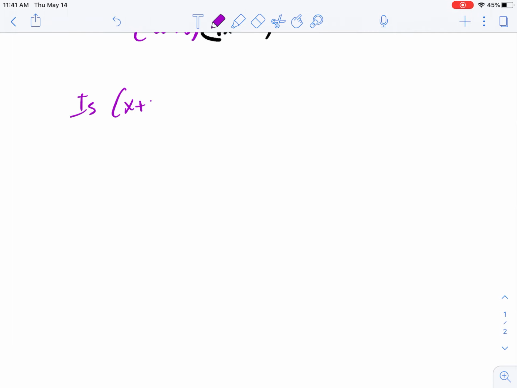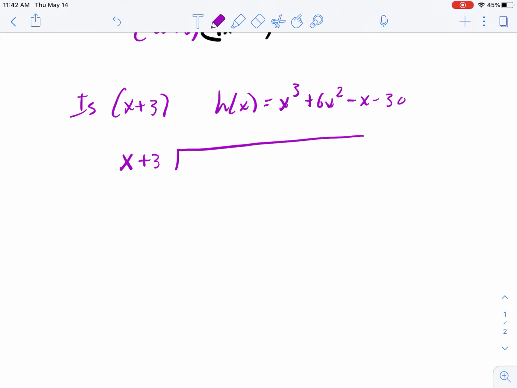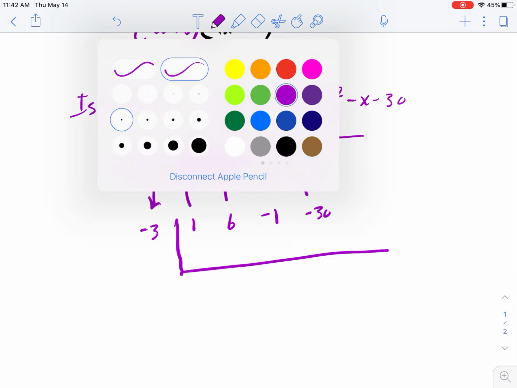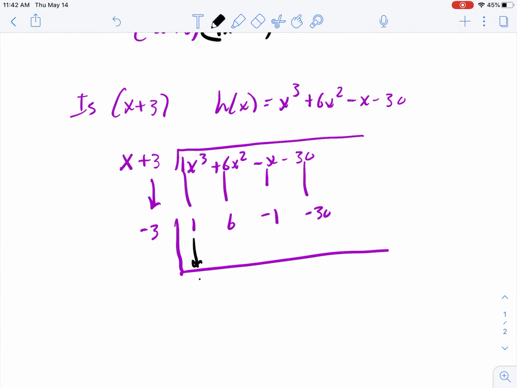So for example, is x plus 3 a factor of this one? x cubed plus 6x squared minus x minus 30. Okay, now the x box method doesn't work, so now we are forced to divide this out. So you have x cubed plus 6x squared minus x minus 30. So again, using synthetic division, negative 3. Bring the 1 down, 6, negative 1, negative 30,